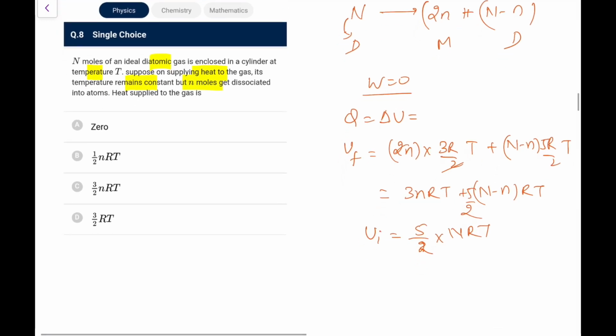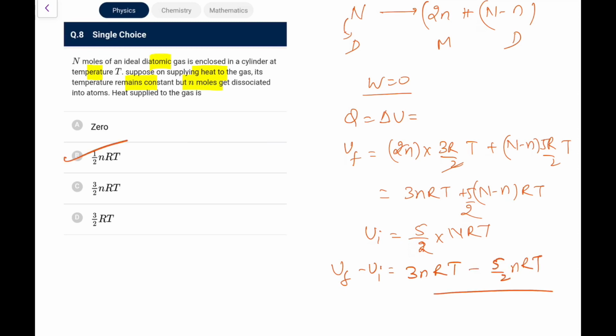So what is the change? Change would be U final minus U initial. What I will have, 5 by 2 NRT gets cancelled. So 3nRT minus 5 by 2 nRT, that is nRT by 2. Go for option B. So this is a question you must have done before also. So this is question number 8. Next,